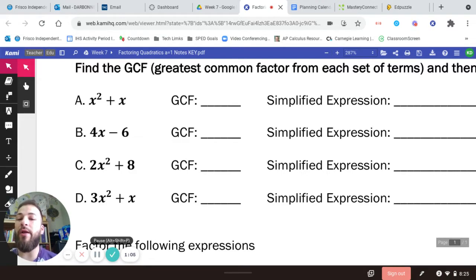So we have x squared plus x. Hopefully right off the bat, you notice that both x squared and x have x in them. Okay, so that means they have a common factor of x. If I was to take x out, I have an x value to take out of each of these terms. Now one is x squared. So I would say that my greatest common factor is probably x, because if the other one's x squared, I can't take x squared out of both. I can only take x out of both. So if I say that my GCF is x,